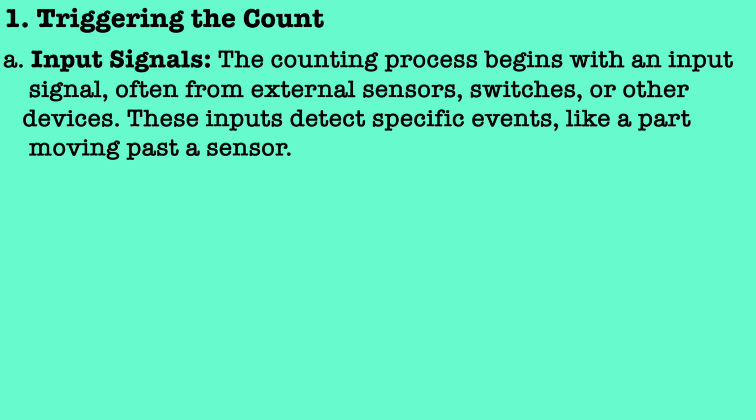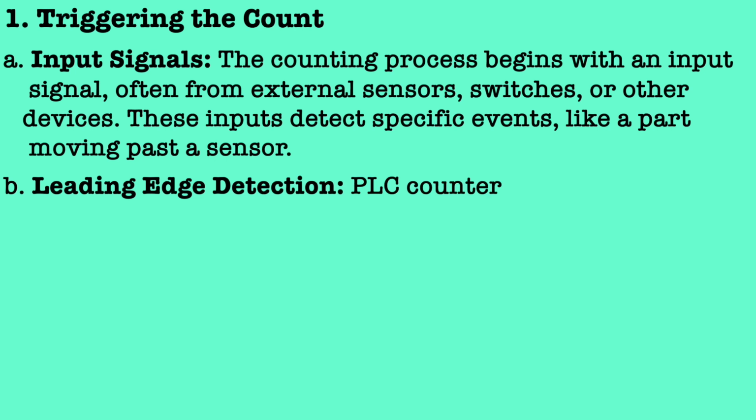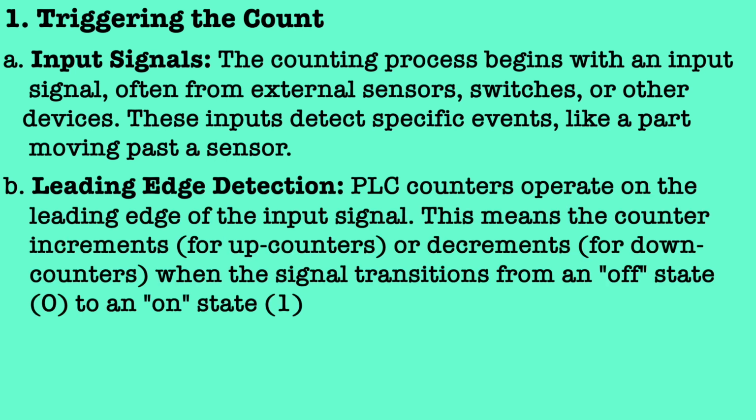The counting process begins with the input signal, often from external sensors, switches or other devices. These inputs detect specific events, like a part moving past a sensor. Second one is leading edge detection. PLC counters operate on the leading edge of the input signal. This means the counter increments or decrements when the signal transitions from off to on state, or 0 to 1